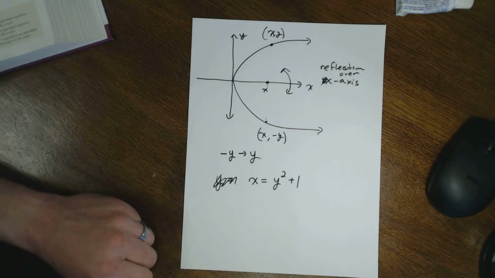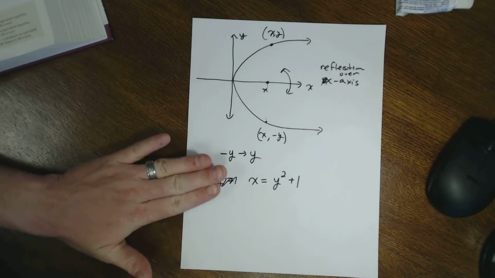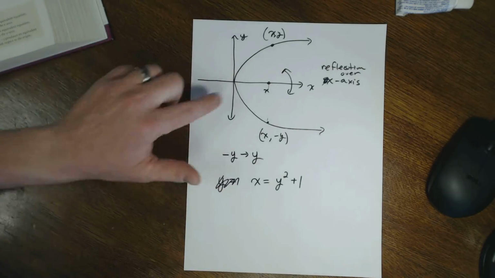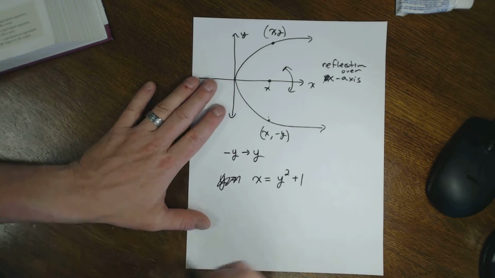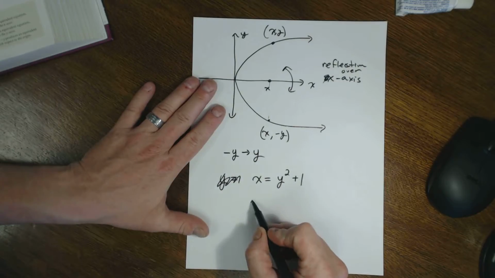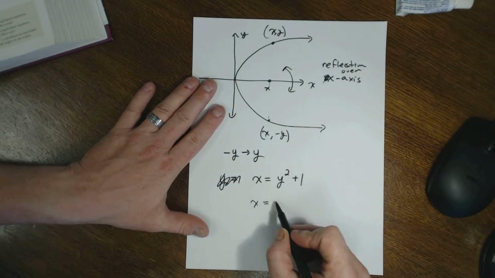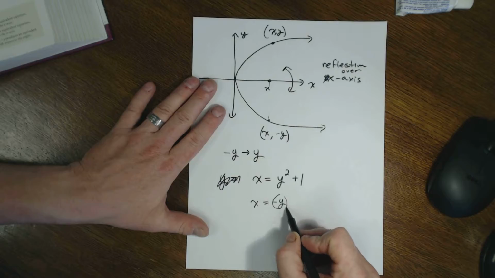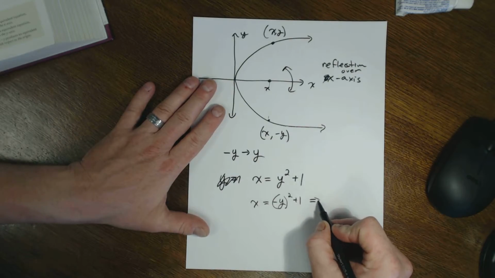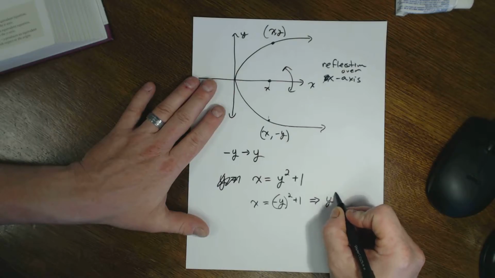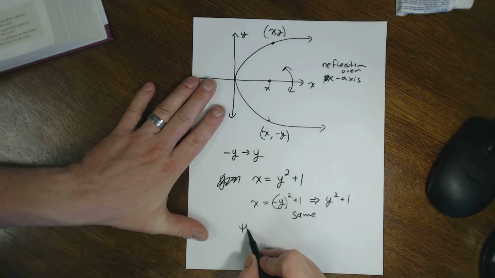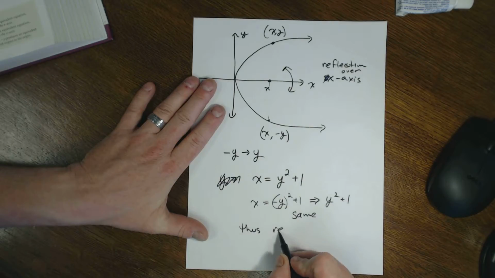Now this is not how we normally see functions, but this is a perfectly legitimate way to write a relation between two values on a coordinate plane. I'm going to take minus y and put it in for y. I'm going to get x is equal to minus y squared plus 1. And just as I did before, this will become equal to y squared plus 1, which is the same. So thus is a reflection